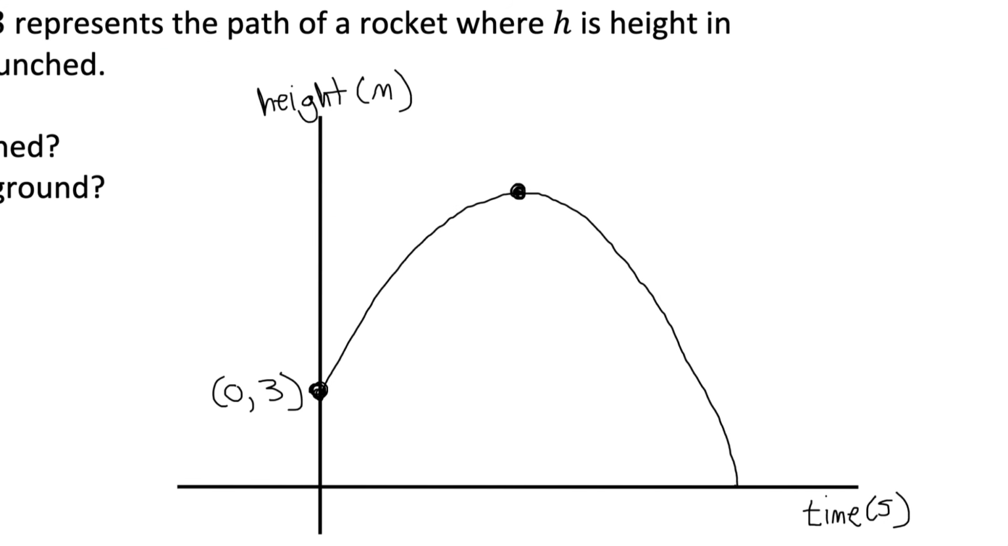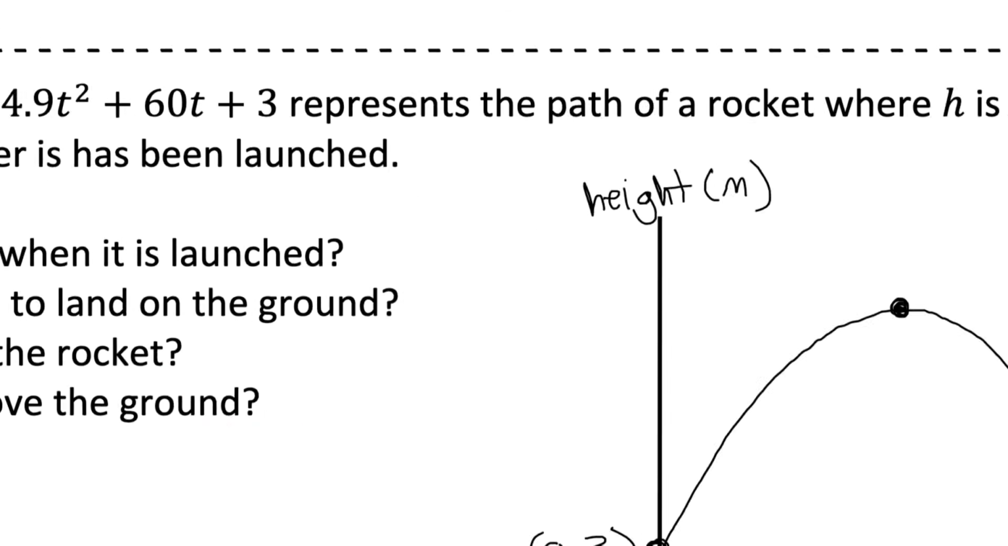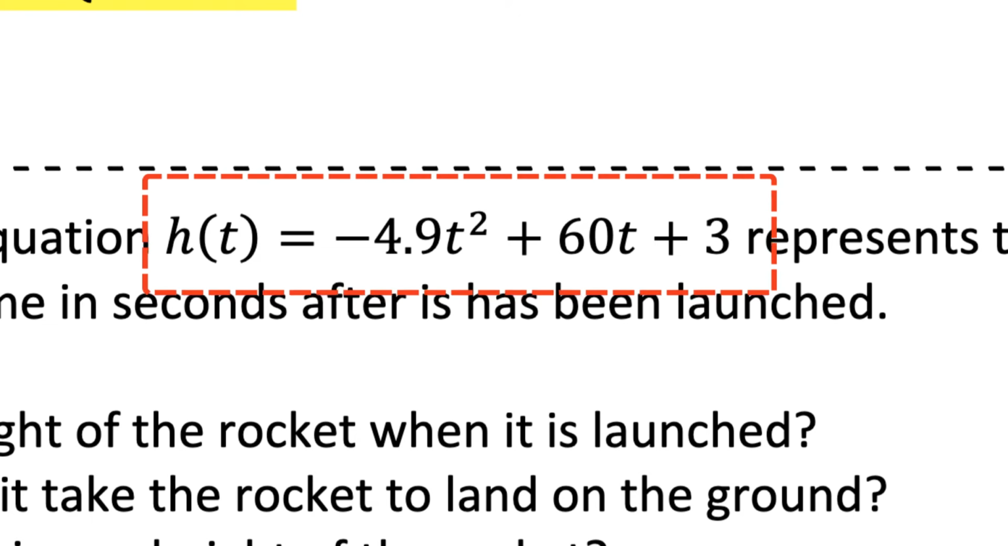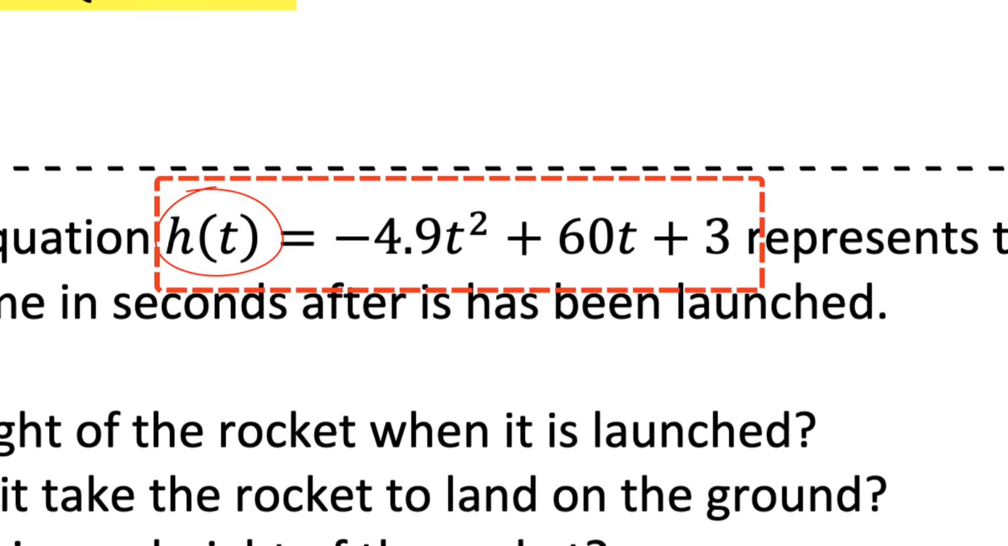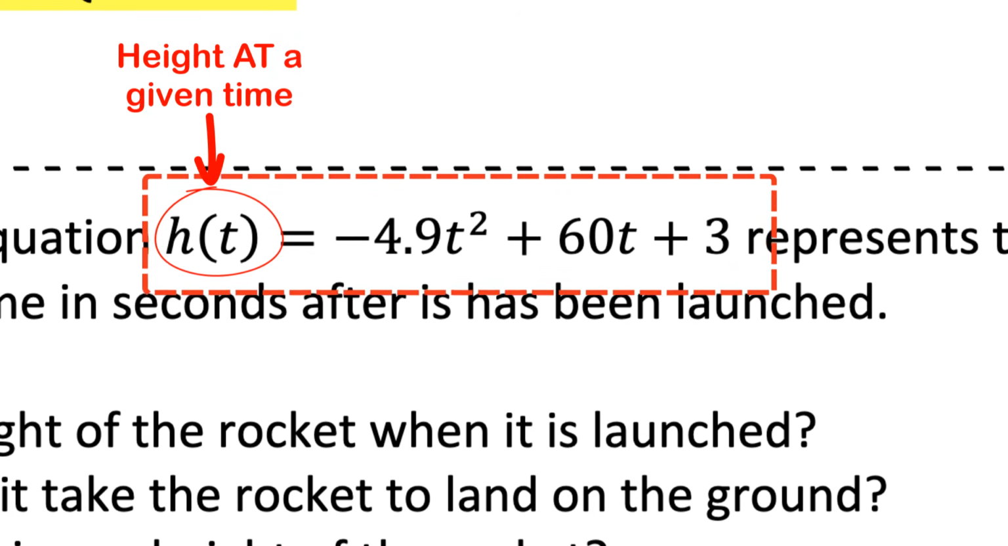Well, I actually already have that answer if I look at my diagram. When it is launched, that means when time is 0, because time is the time in seconds after it has been launched. So when time is 0, it hasn't been launched yet. So I need to evaluate the height when time is 0. And if we look at the equation, it's in function notation, which we haven't really seen before. It says h at t equals. Now that doesn't mean h multiplied by t. It's just a way of indicating that we're evaluating the height for whatever value of t we see in brackets